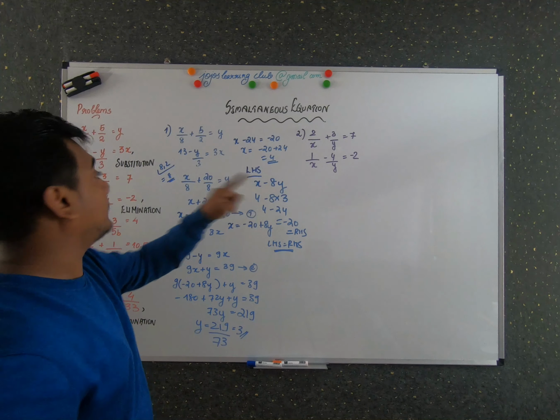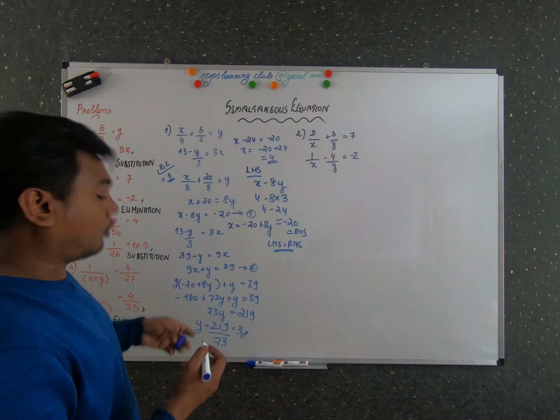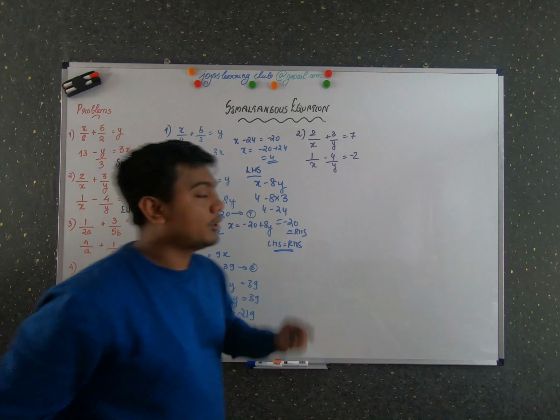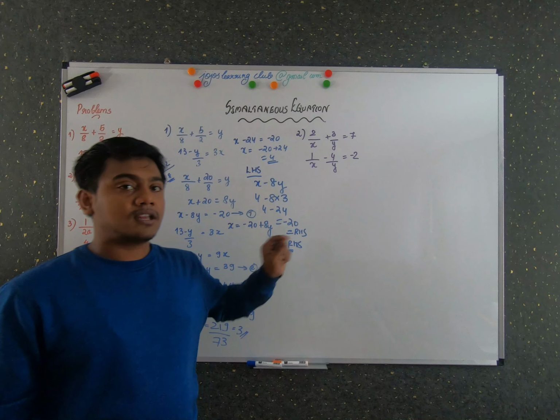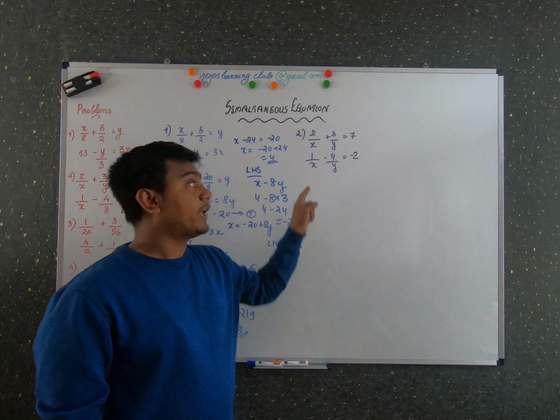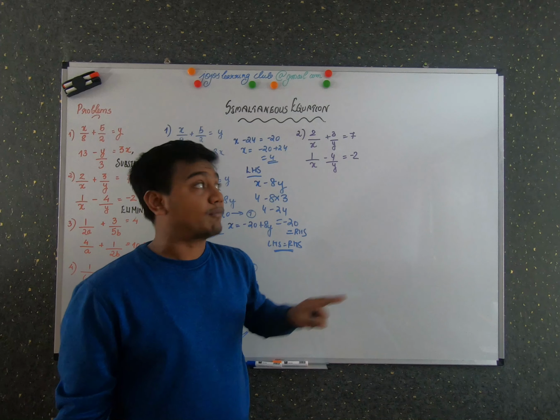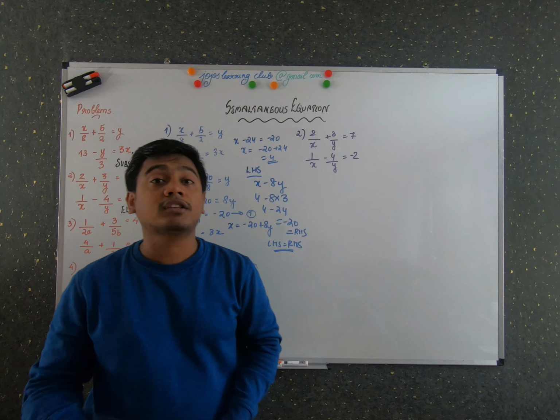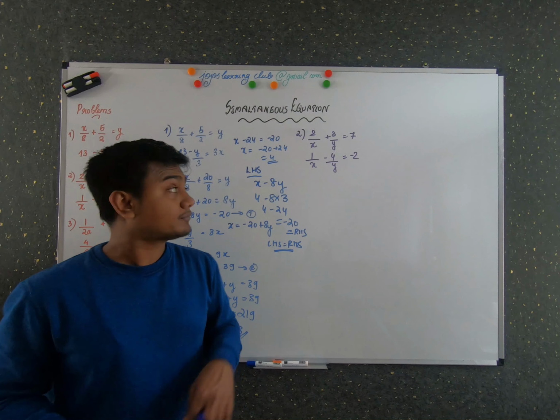So 2 by x plus 3 by y is equal to 7, 1 by x minus 4 by y is equal to minus 2. Okay, so when you get a question in which x and y are in fraction terms, what do you do? If you take the LCM, what happens? LCM is xy, so now in the equation you will get xy also. So it is getting more complex, right?